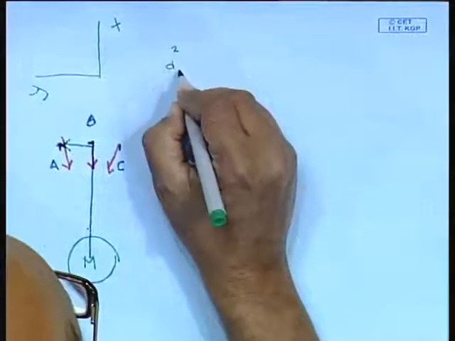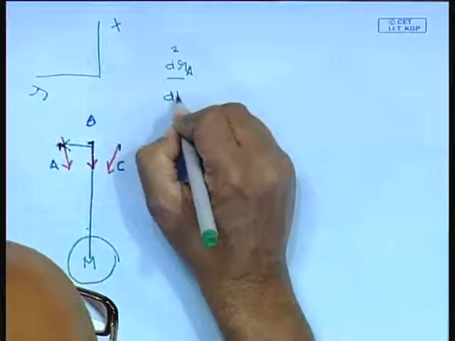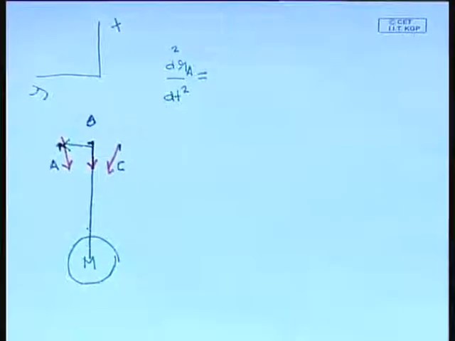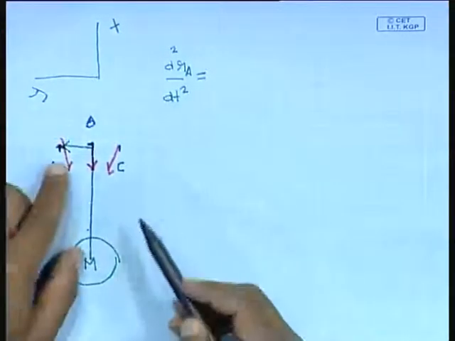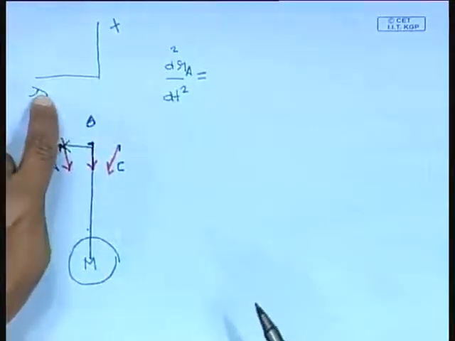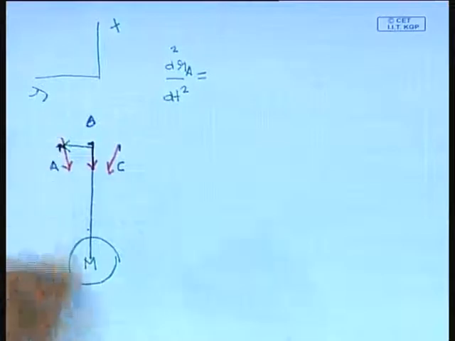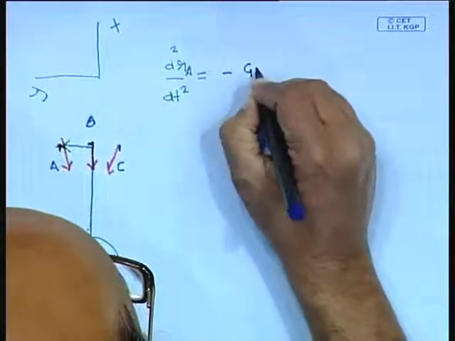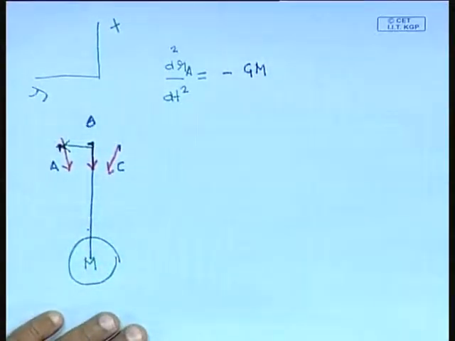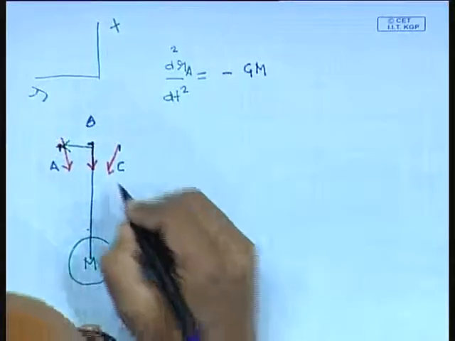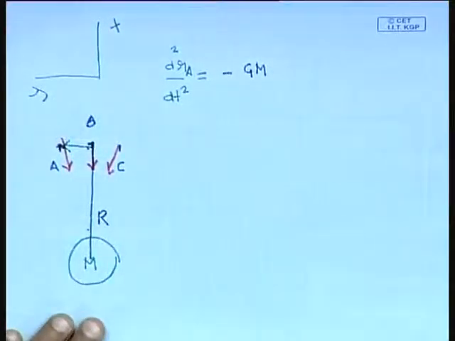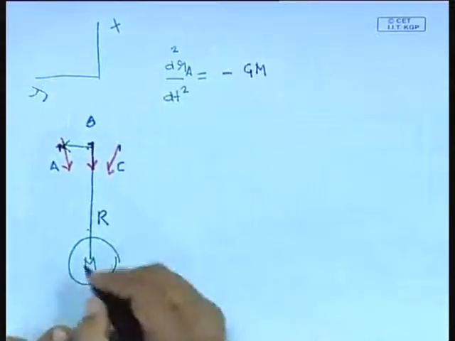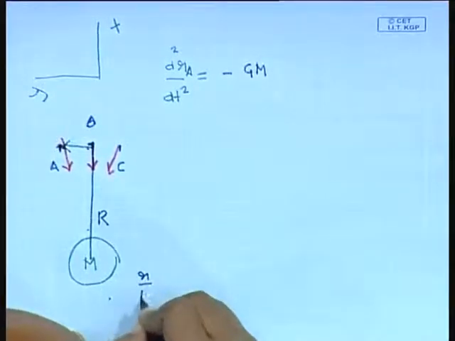So d square r A by dt square is equal to the acceleration of this test particle A. You can see from here it is pointing along minus x and minus y both. So this will be equal to minus GM by r square. Now we are assuming that this distance is much smaller than the distance capital R, and ignoring second order terms, terms of order r by R squared,